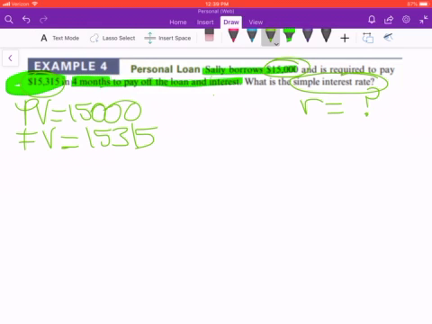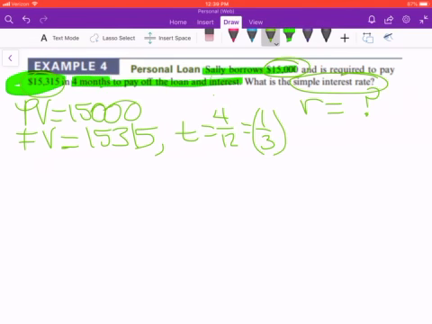And we also know that the time is 4 months, so 4 out of 12, because remember, the units for time need to be in years. So we could turn that into 1/3